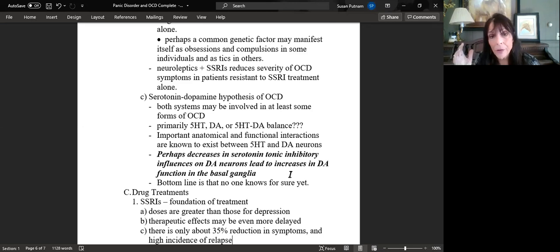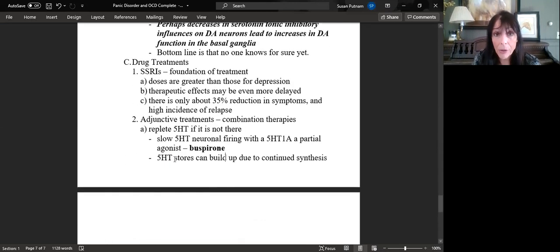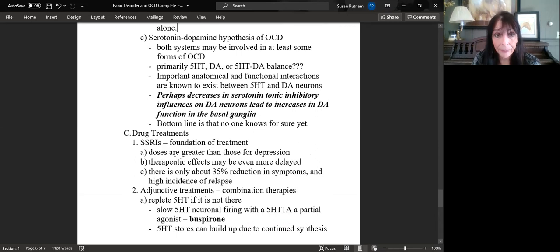No one is sure yet. My best guess is it's all of the above. And I really think that this theory is rational and reasonable. And I will definitely support the idea that both serotonin and or dopamine play a role in these particular symptoms and in the overall demonstration of OCD.